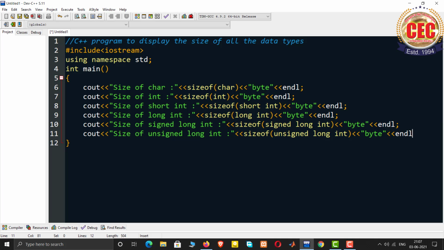After this we will find the size of the float data type. Again we have to write cout, then output operator, then size of float.